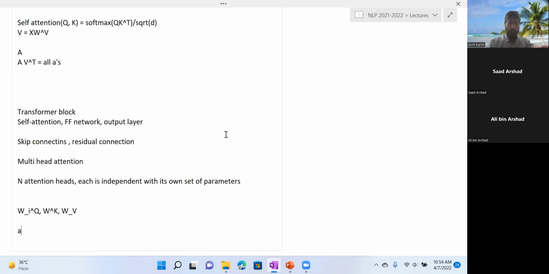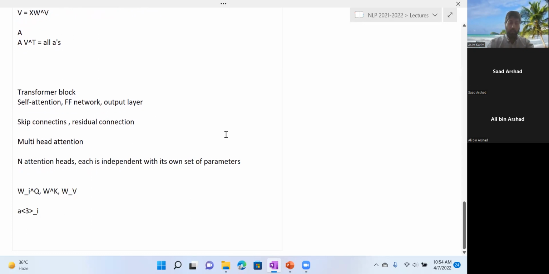सो लेट्स से आपके पास स्मॉल ए किसी पोजीशन का है. सो लेट्स से पोजीशन 3 की बात हो रही है, तो ये आपके पास हर एक हेड से आएगा. सो इफ दे आर 8 heads or n heads, so n आपके पास a की वैल्यूज आएंगी. So what is typically done is you concatenate all of these outputs. मतलब ये है कि let's say if each a is of length, let's say 128, let's say simple कर लेते हैं, 100 कर लेते हैं, then for let's say 8 heads,